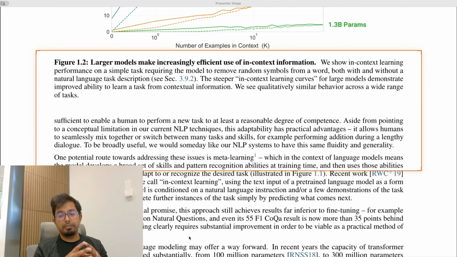Now, granted that at that time GPT-2 didn't perform as well as fine-tuned systems, the authors knew of the obvious objection going in. Historically, this in-context approach loses to fine-tuning, and by a lot. Now, here's their bet. They argue that the gap is not fundamental. It is mostly a size problem. In-context learning had never really been tried at scale.